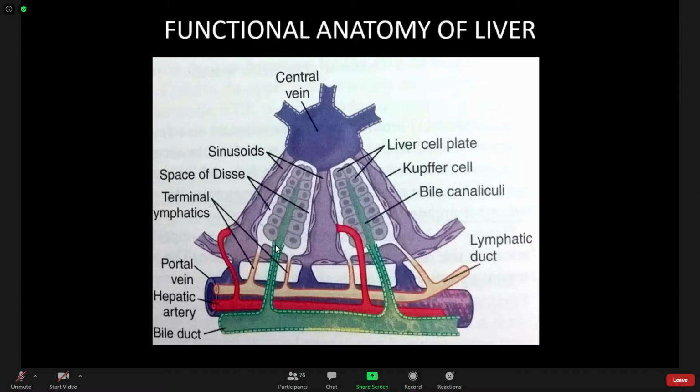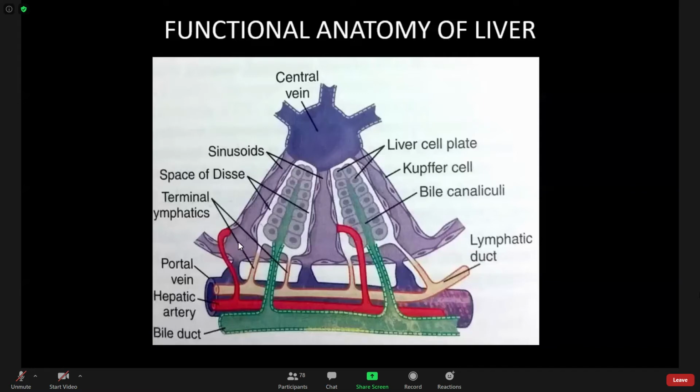Okay. Now, another structure is the portal vein. The portal vein will collect blood from the GIT. GIT venous blood is collected by the portal vein, and from this portal vein, through the portal venules,